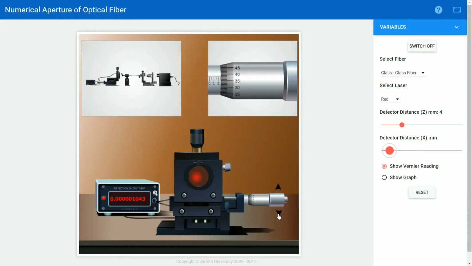The pitch scale reading is 2.5, and the circular scale reading that coincides with the linear scale reading is at 40. Multiplying by the least count 0.01, we get 0.40. So the total reading is 2.90.